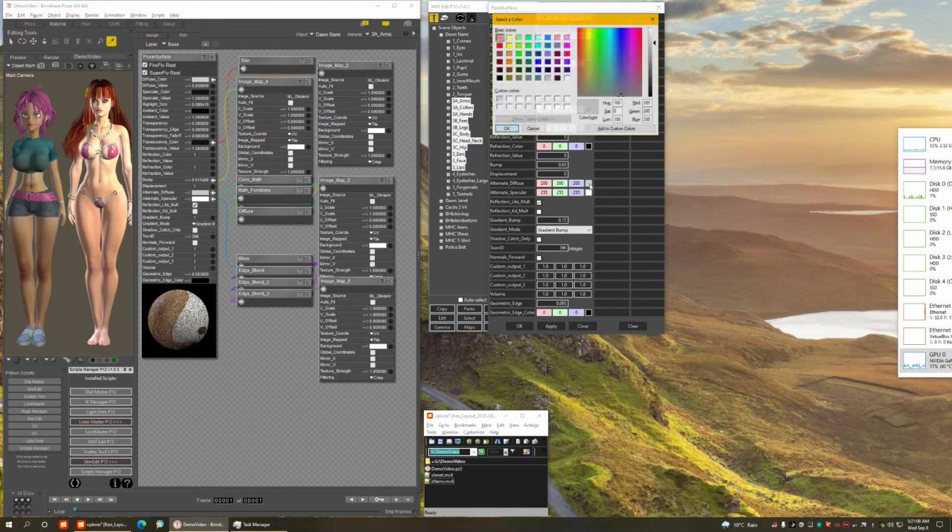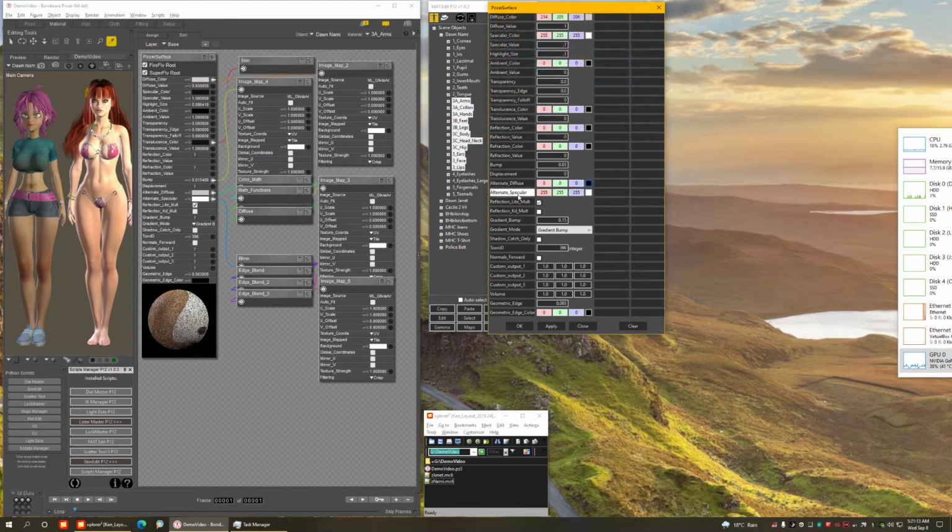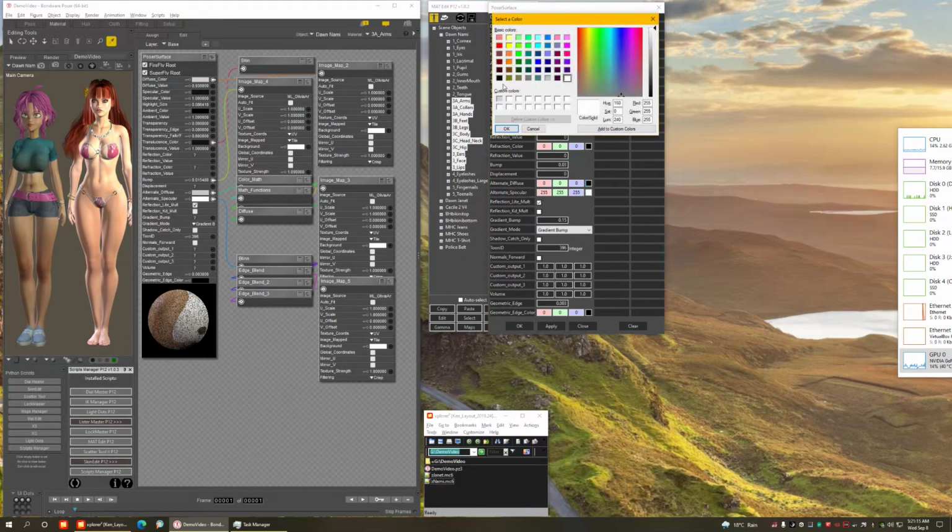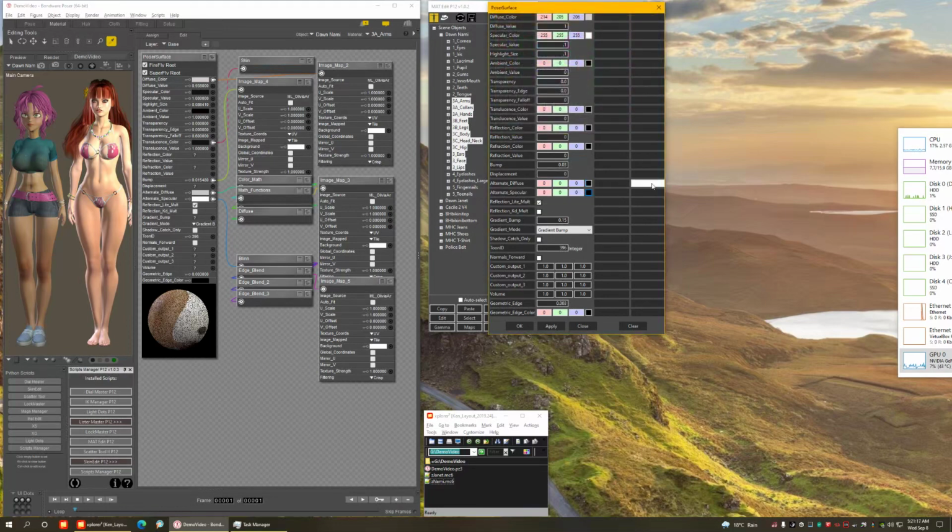I'm going to set the alternate diffuse and specular to black, and let's see, we have all these nodes here connected to these two. I'm going to disconnect them. That's one of the things, those blank buttons here,